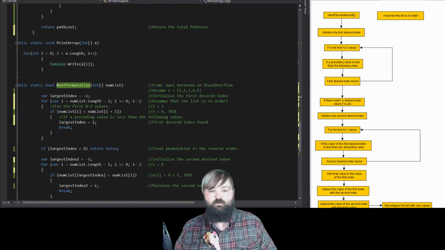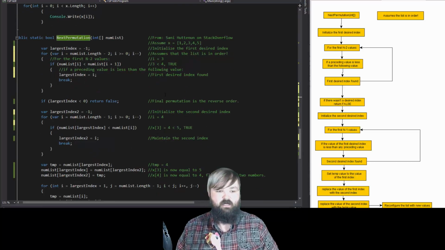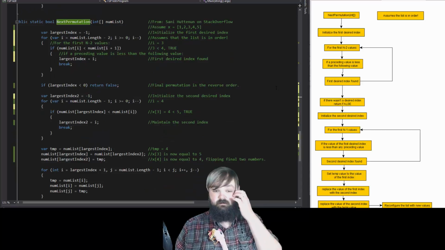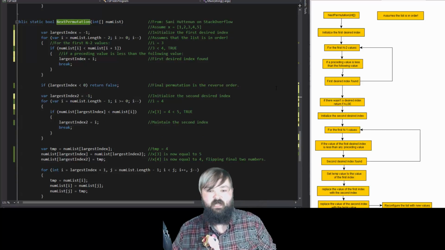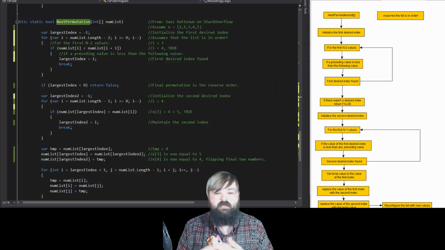I didn't feel like redoing that every single time, so I went ahead and made a print array method here. The next permutation algorithm is from Sani Hutunin on Stack Overflow, and then we're going to initialize our first desired index. Again, this assumes that the list is in order when you send it in. So for the first n-2 values, because you'll see why in a second, we're going to compare a value to its neighbor value to the right,